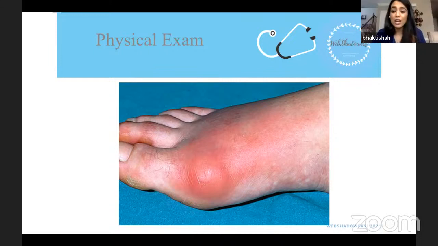If patients have accumulation of these uric acid crystals within a joint for a long period of time and they go without care, they can develop what's called a tophus, or multiple of these is called tophi. You can develop them in your fingers, in your wrists, in your toes. You can develop them even in your ears. If these tophi become very painful and debilitating, they can be surgically removed. But for cases like this patient case that I just discussed, the treatment is not surgery. It's to treat the inflammation and to prevent it from happening again.